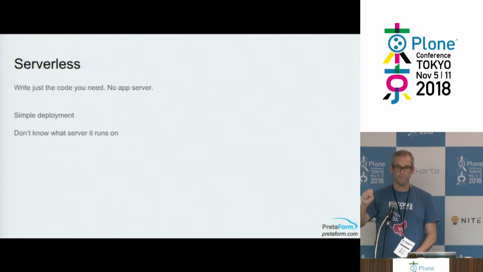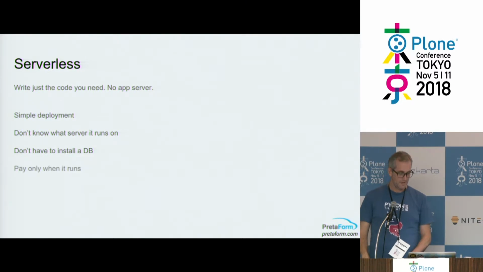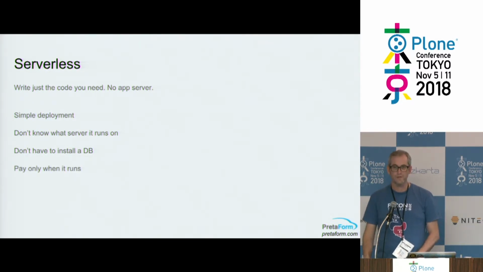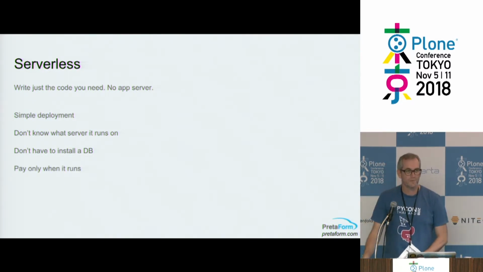It's like an endpoint that's there, possibly stateless. You can hook it up to a database, but the middleware bit, the application bit, is just sitting there running. You don't know what server it's running on. It's just running in the cloud. So you don't have to install a DB, maybe connect via APIs to some other DB. And you only pay for when it runs, right? It's kind of a per second billing type thing. So you can pay more than if you were running the thing